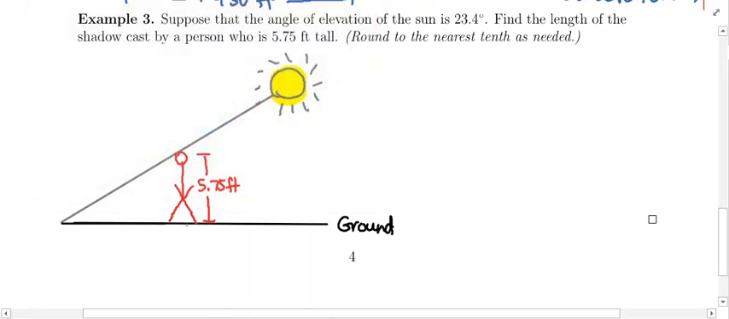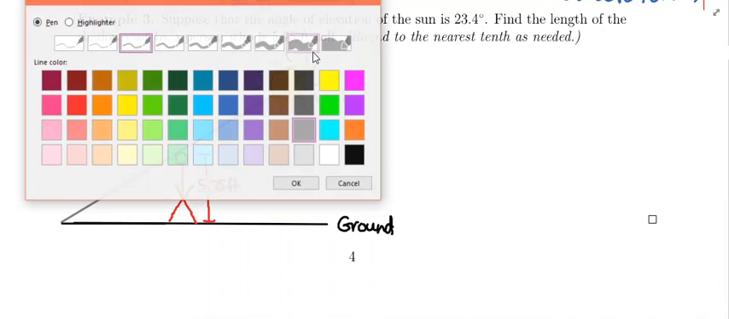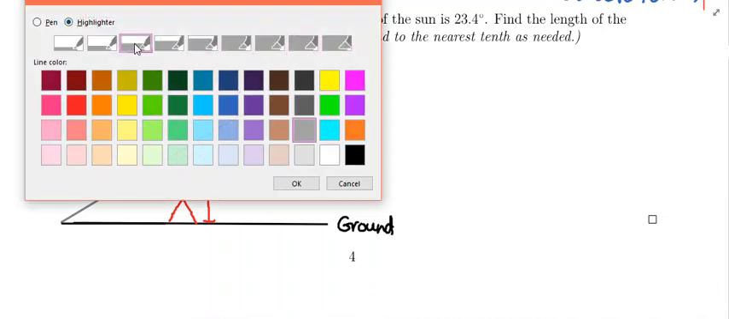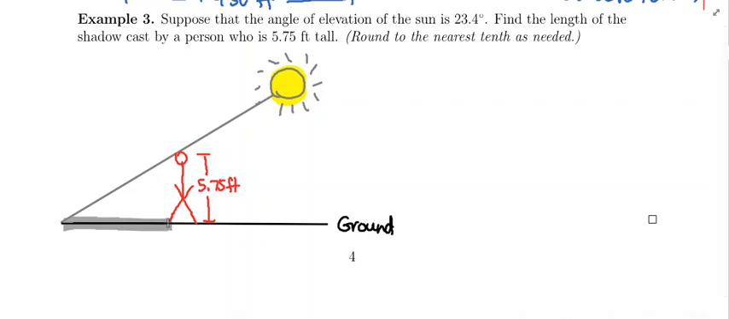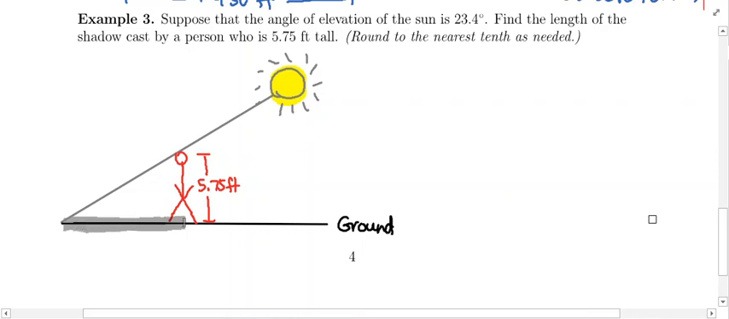Let me see if I can find a gray highlighter here so that I can color it in. Okay, so here we go. This is going to be the shadow, right here. This is how we can think of it. What we can do, because this is now set up, you see the ground, the person standing on the ground, and the sun beaming down and creating a